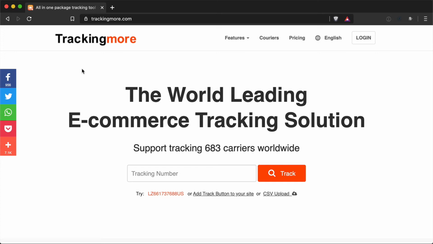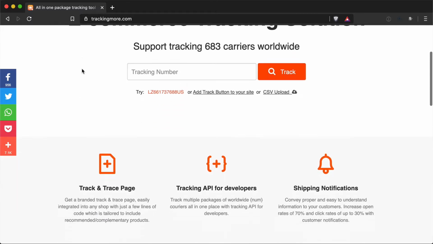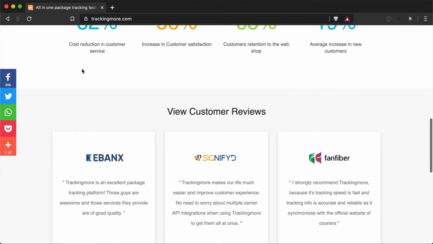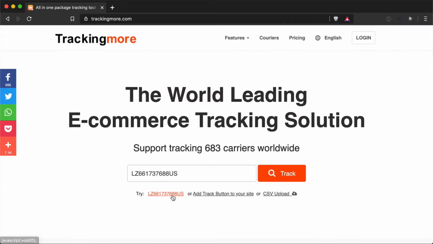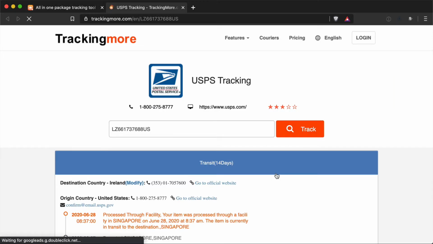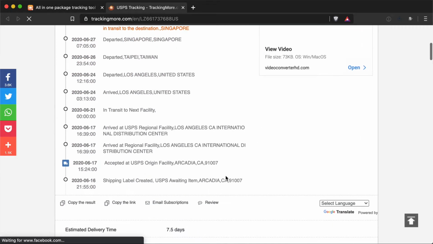Hello, in this video we will be creating a Gatsby source plugin for the Tracking More API. Tracking More is one of the leading e-commerce tracking solutions out there. They have support for hundreds of different carriers. Tracking More gives you the ability to enter a tracking number and get all of the details about that tracking